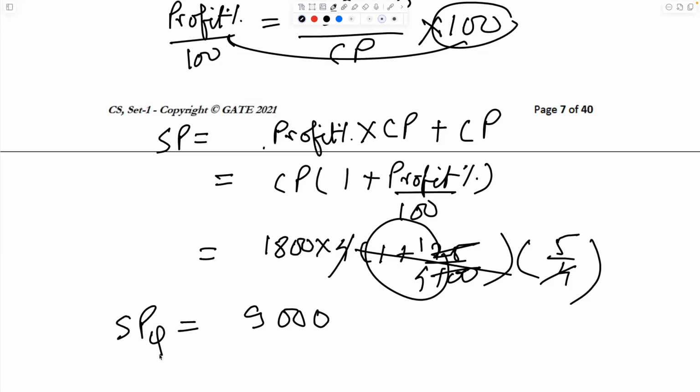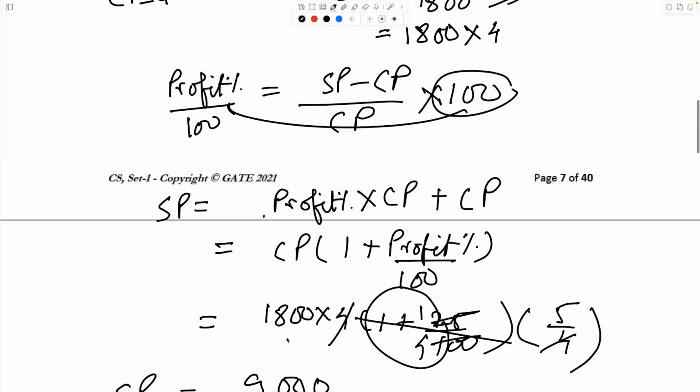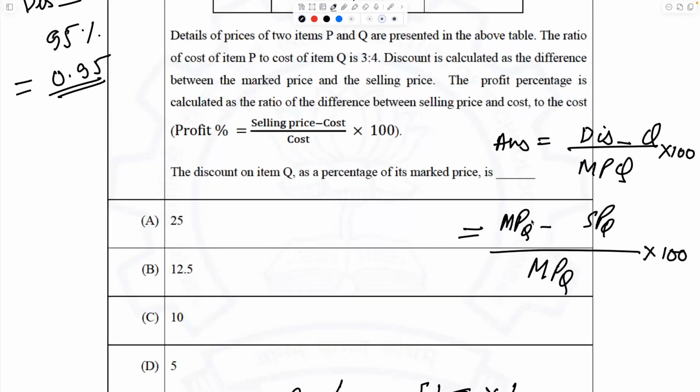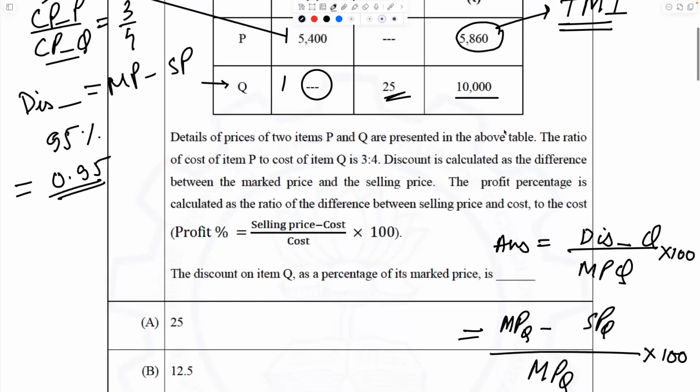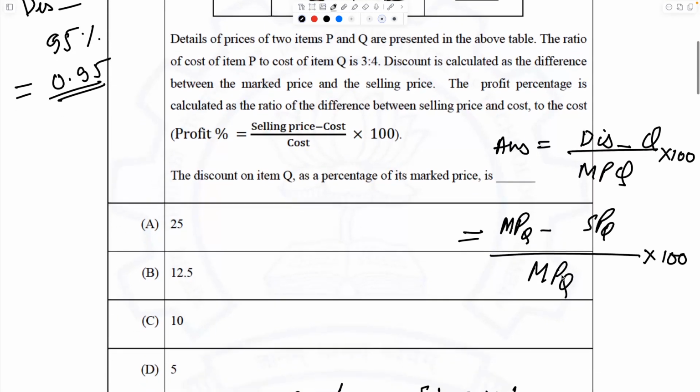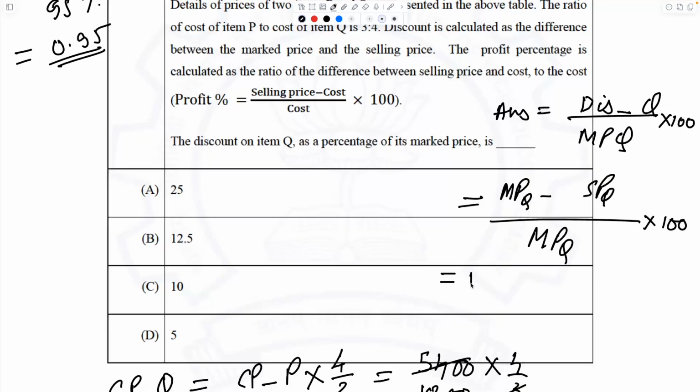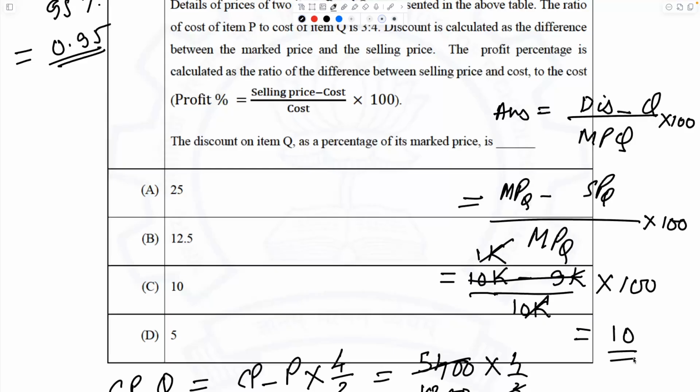Selling price for Q we have found, right? Applying this 9000 value into this equation, that is basically your answer, and market price being given as 10,000. So what does this thing become? This thing becomes your 10k minus 9k by 10k. K over here represents 1000, right? It is a standard representation which I'm using, times 100, right? So this thing becomes what? This cut from this will become 1k. K can be removed. So 1 by 10 times 100 is going to give me 10, right? So which one of the options matches 10? Option C,